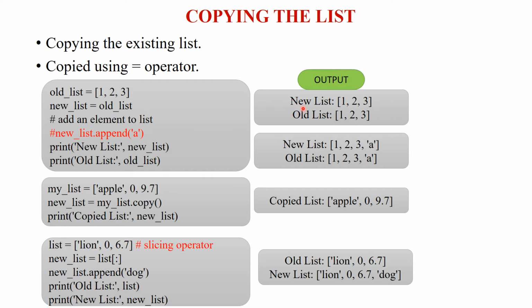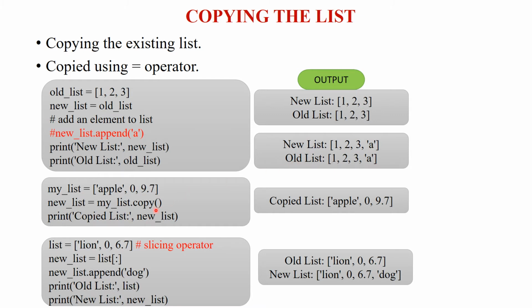Suppose I want to append a value, that is, include another value in the particular list. What gets printed is the new list, and the old list will also get updated. Whatever value I update in the new list, with new list dot append of a, will also get updated in the old list. So the same list, 1 2 3 a, appears in the new list and also in the older list.